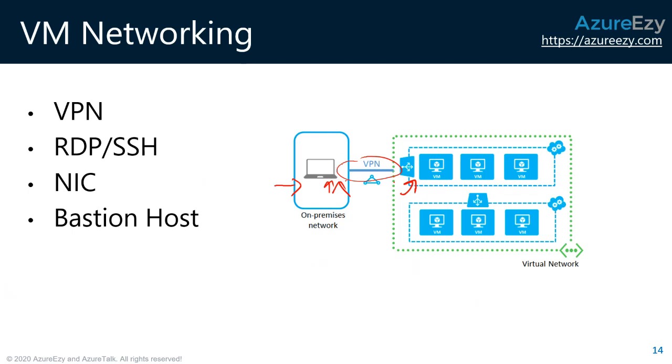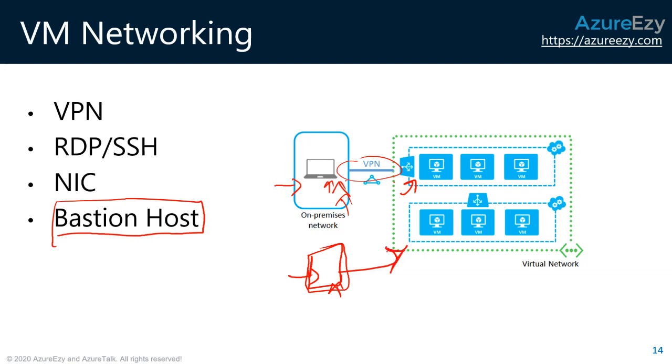Now, suppose you don't want to go into this configuration. You don't really want any custom configuration on your laptop. You don't have that, or maybe you don't want to do that. In that case, you can deploy a service which we call Bastion host in your virtual network. This can be a jump server. Infrastructure engineers are very familiar with this concept, where you have a temporary, in-between server which can connect to these VMs, and you connect to this VM directly.